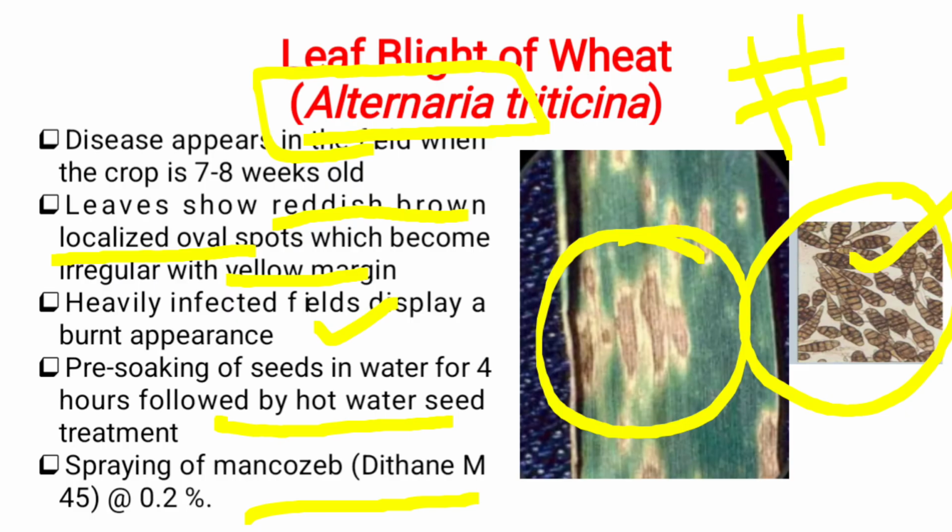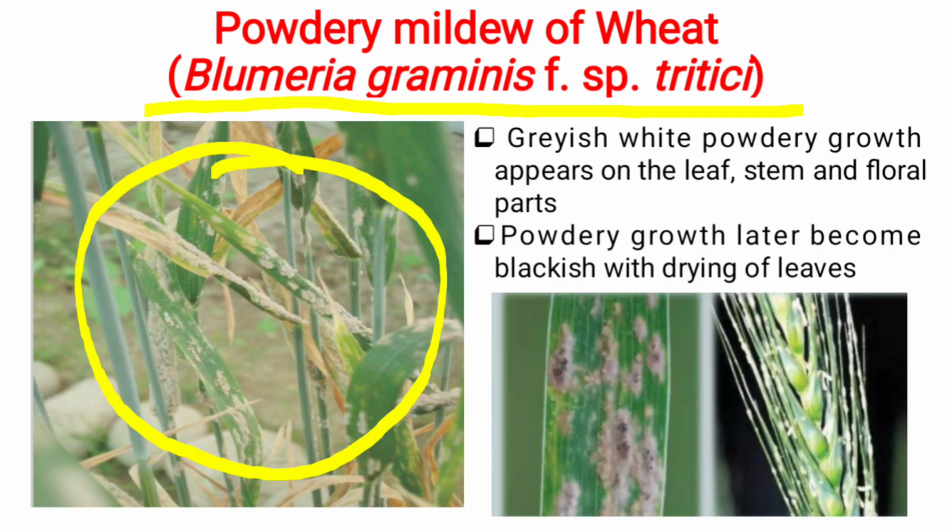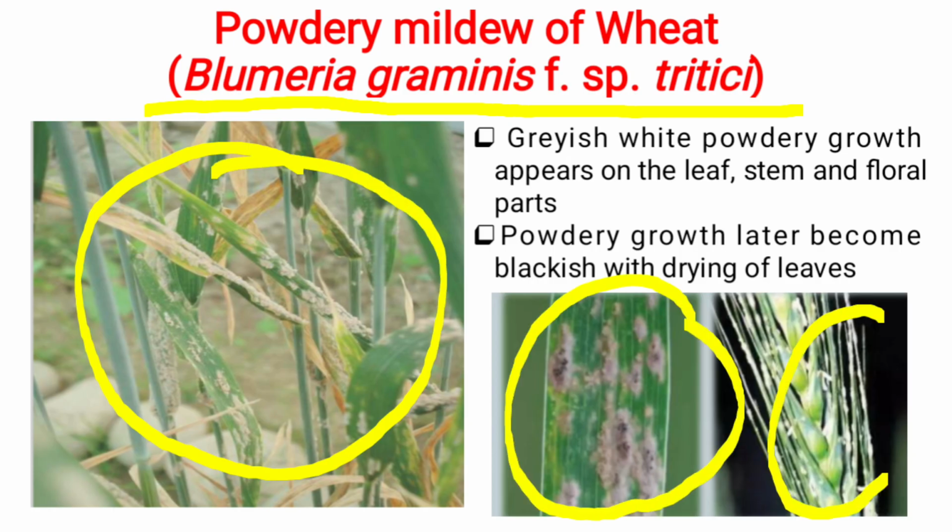So that is about the leaf blight of wheat. Next, we have a disease of minor importance known as the powdery mildew of wheat, which is caused by the pathogen Blumeria graminis f. sp. tritici. Here, the characteristic symptoms of the powdery mildew appear on the leaves as well as the stem